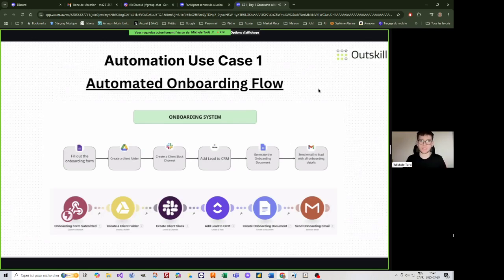And that's how I learned as well. The first use case is an automated onboarding flow. This flow allows you to automatically onboard every single client that comes through just by filling out a form,